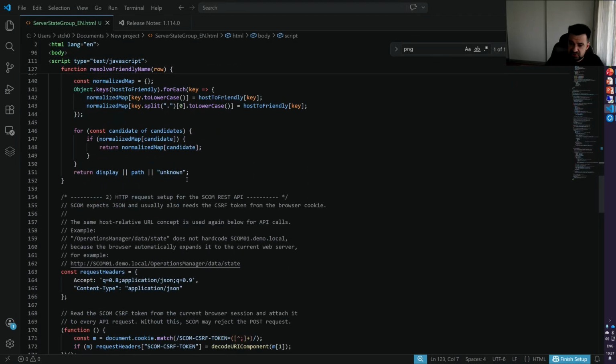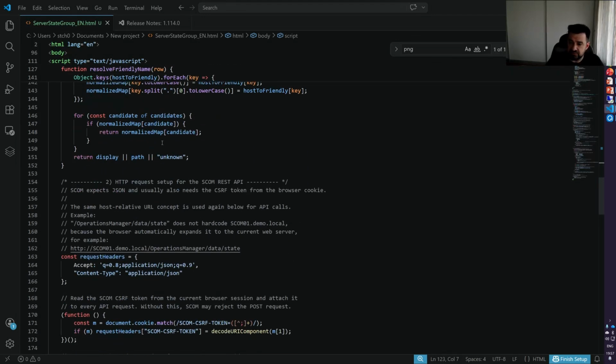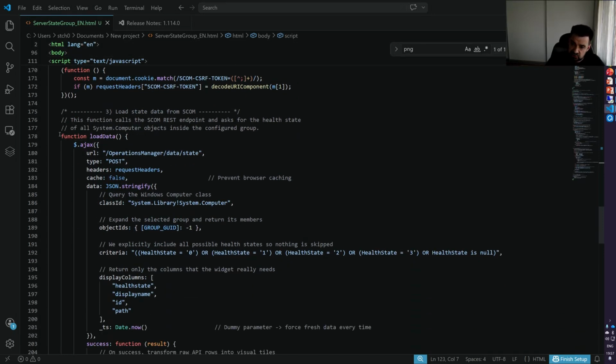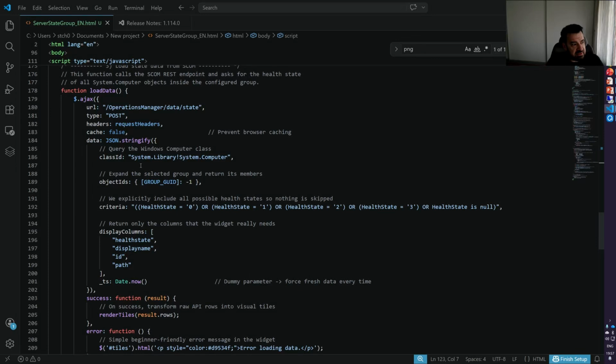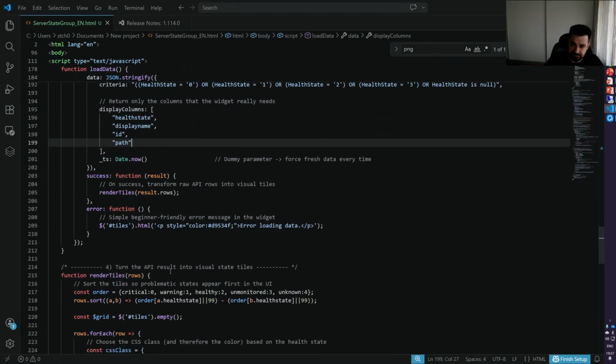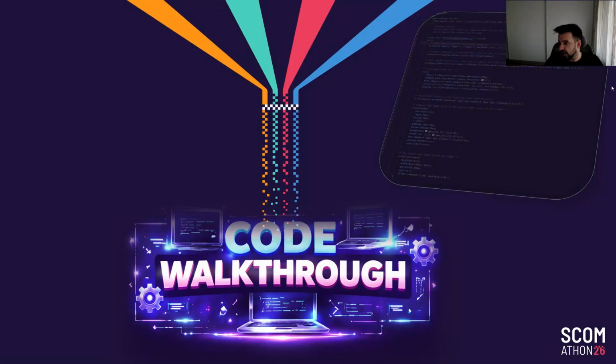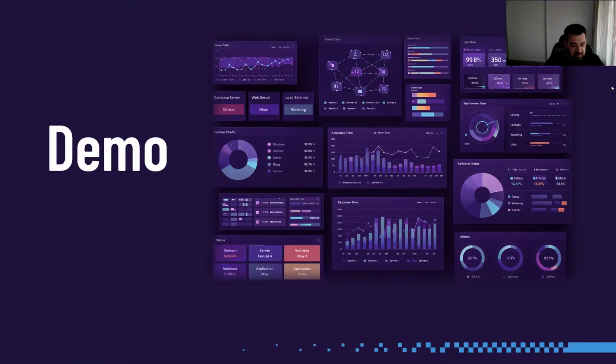So again, some HTML stuff which I'm not fully familiar with, but here the load data function is actually the data being transformed and managed properly in order to be visualized on the dashboards. So with this being said, let's continue to our real demo directly on the server, where I can present you with all the widgets I have built together with my colleague and customer, and I really hope you